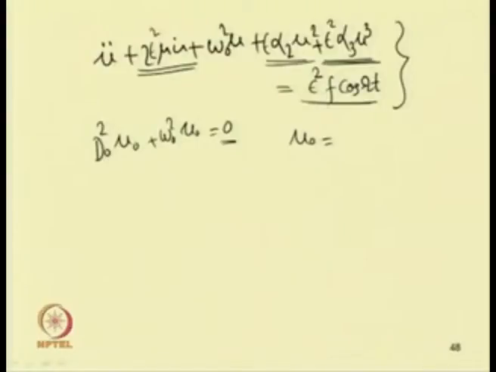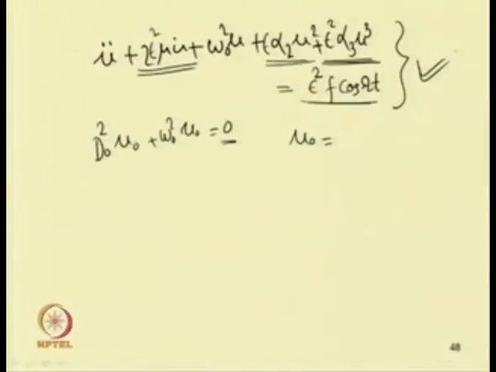But if we make this forcing term of the same order as that of the linear term, then in the right hand side one will have f cos omega t. In that case, in addition to this free vibration part, or the complementary part, one can add the particular integral. So, depending on the actual nonlinearity of the system, one can write this equation using different ordering, and one can get a wide range of equations, and by solving those equations one can get the actual response of the system.